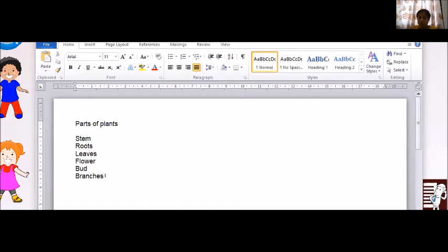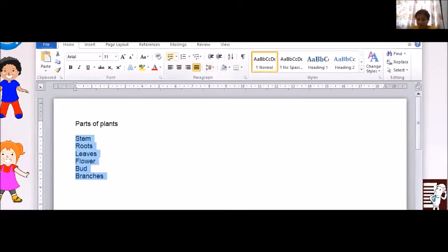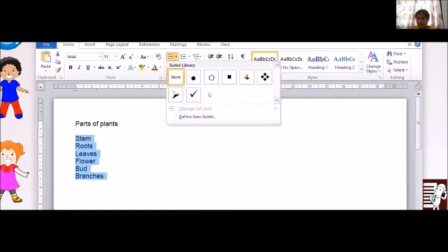What am I supposed to do? I will select all. Then I'll go to the paragraph tab. Now my paragraph tab is from here to here. This full box is a paragraph. We have seen these are alignments. We have seen this is for spacing. Now where is bulleting? Can you see here? List. Can you see 3 lines? Here it is like